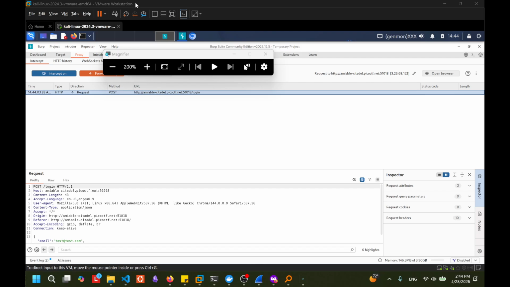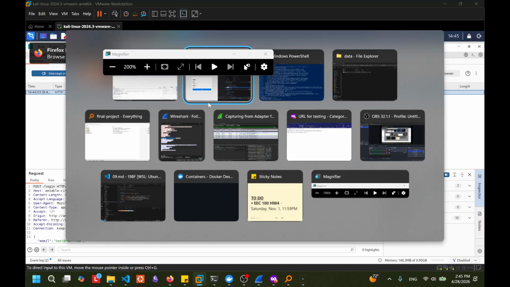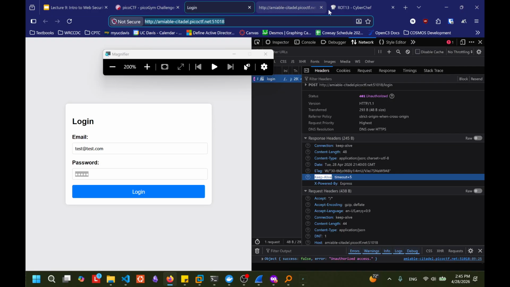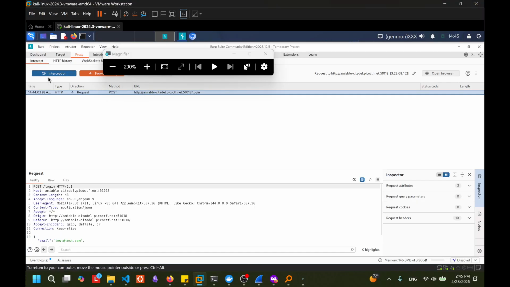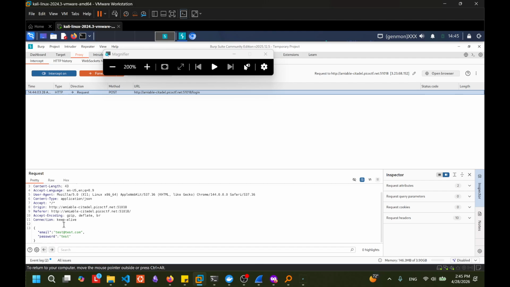So what I did was issue the login request, and then Burp said, "Hey, something's going out. Let me pick that up." And I can see that I have a request. It has the payload data, and it has a bunch of headers over here. I want to modify that. Let's see if I can remember, I think it was this one. If you set a header called X-Dev-Access: yes, I'll be able to log in as whatever.